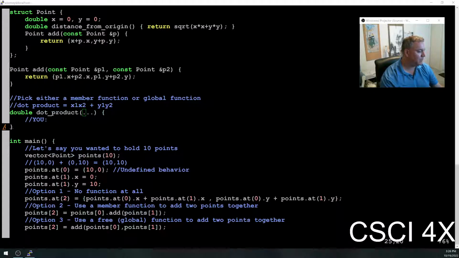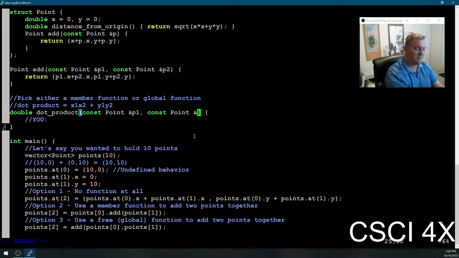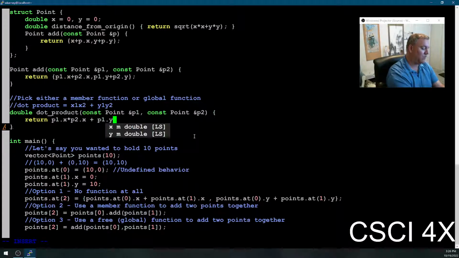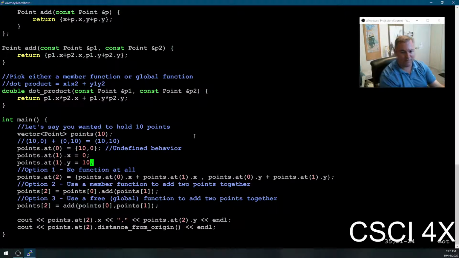Okay, so let me show you my solution. I'll do it both as a free function and as a global. So it's going to be const point by reference P1, const point by reference P2, and we're going to return P1.x times P2.x plus P1.y times P2.y. And so the dot product of these guys,